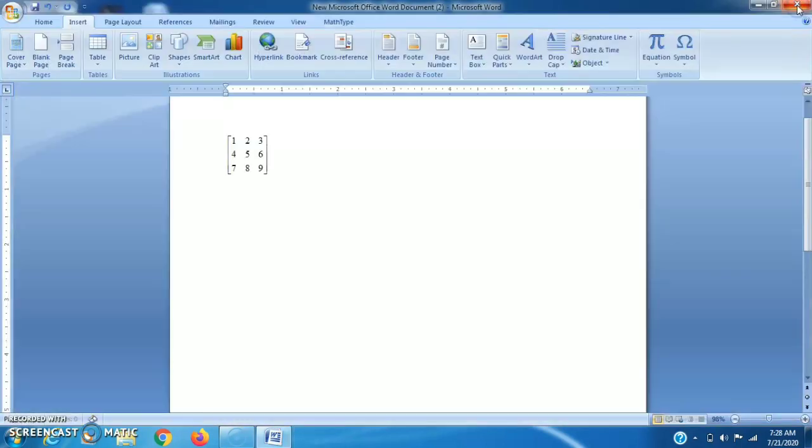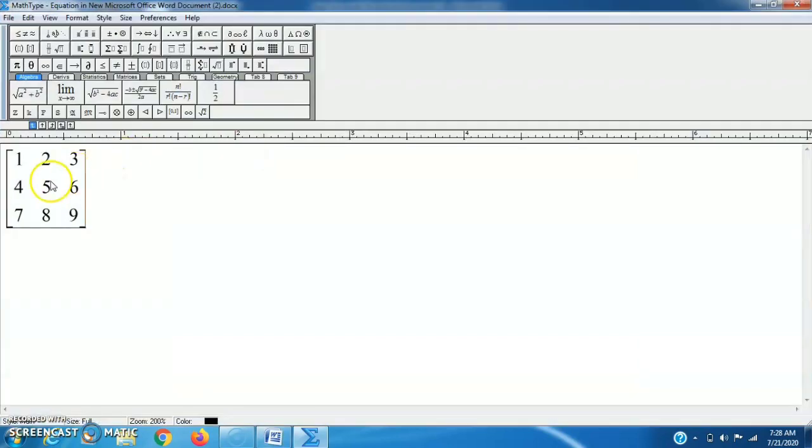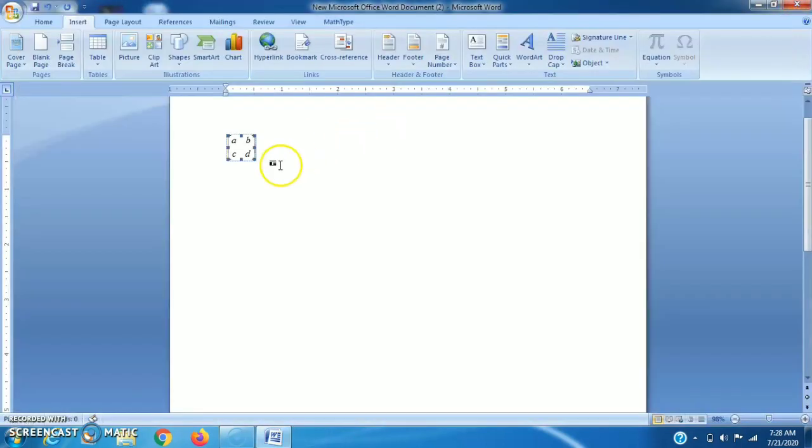Now I just close it, and we can see this format is much better than the MS Word option. If I want to make some changes in it, then it will not change here. I have to double tap here, and I can make whatever changes we need. Suppose I want to delete this, and I want this type of matrix A B C D, then we can use it from here. If I cross it, then this will be before us. If I want to delete it, I can delete.